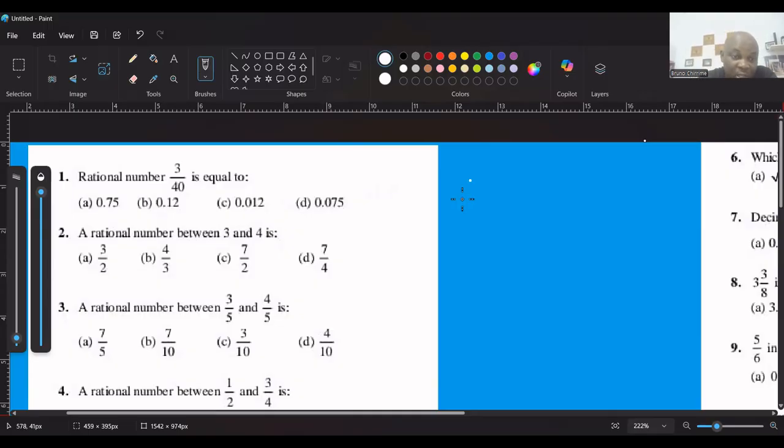A is not, simply because if we divide 3 by 40, I don't like this font size. My pen size is not really helpful. So if we divide 3